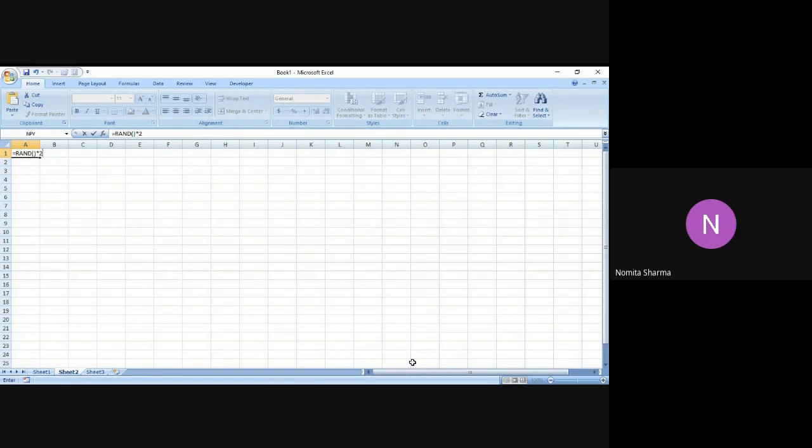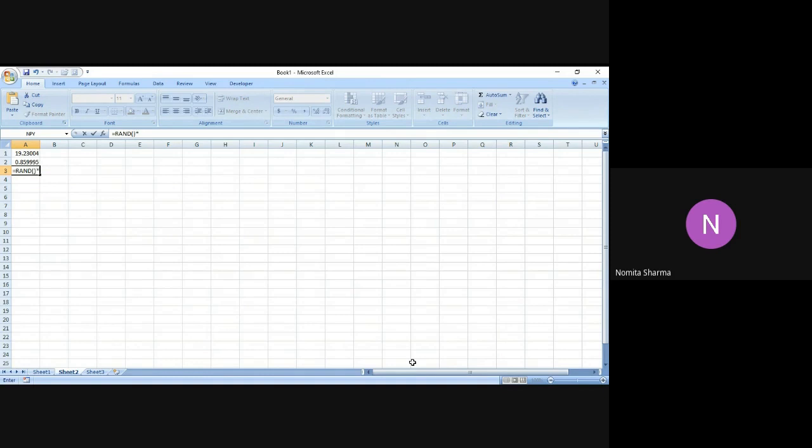So if I say RAND multiplied by 20, I'm going to have a random number between 0 and 20. And so I have got 19.62 as the answer. In a similar manner, if I write RAND function multiplied by, say, 4, I'm going to get a random number which is again between 0 and 4. I've got 0.859995 as the answer. Let me do it one more time.